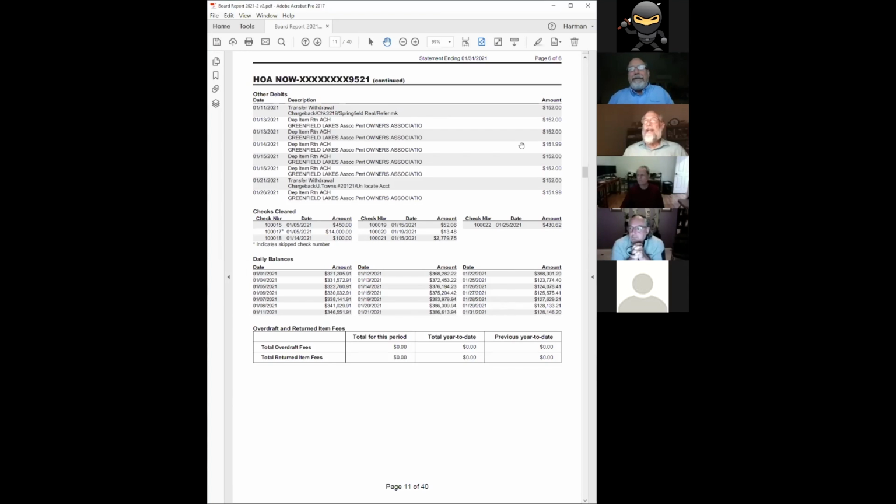Okay, then 3 inches below that in your daily balances. We lost $260,000 between the 22nd and the 25th of January. The money was moved from operational into your money market. So as we received the final checks and balanced the funds, actually two things happened there. We did a year-end sweep.